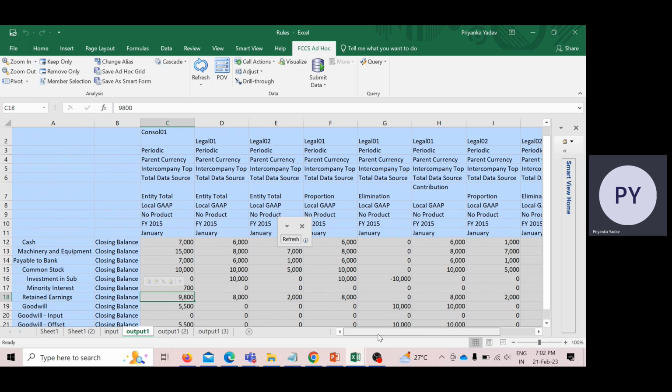Okay. So I hope these rule sets were clear to you. But if you have further queries,